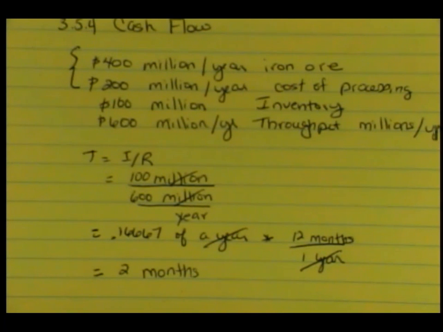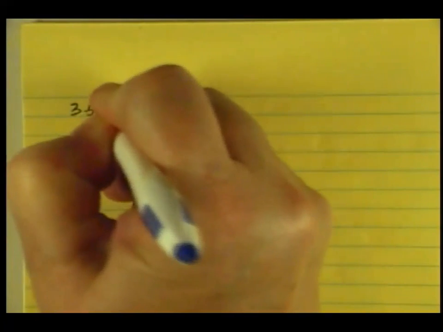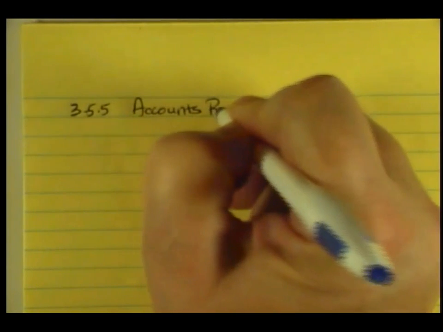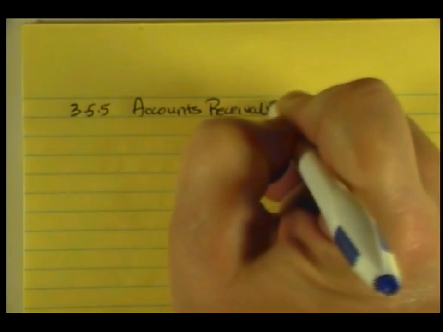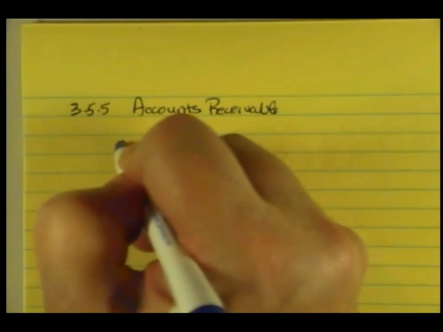All right, and then we're going to go on and we're going to do the last example here, which is going to be example 355. I think I'll go ahead and start fresh, where we're going to talk about accounts receivable. Okay. A major manufacturer bills $300 million worth of cellular equipment per year. So they bill $300 million